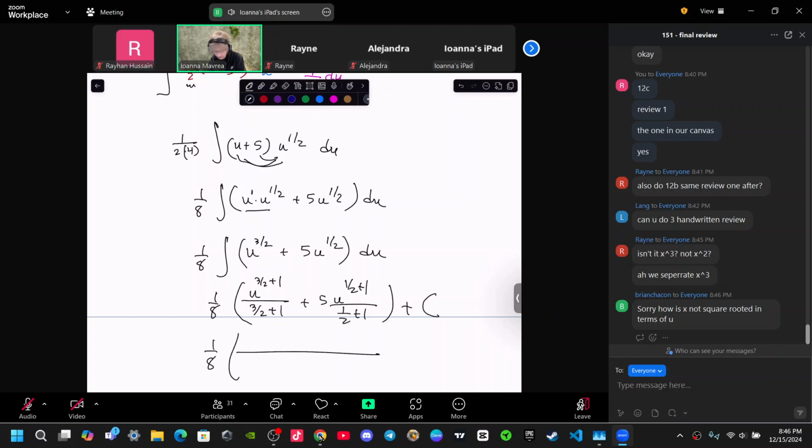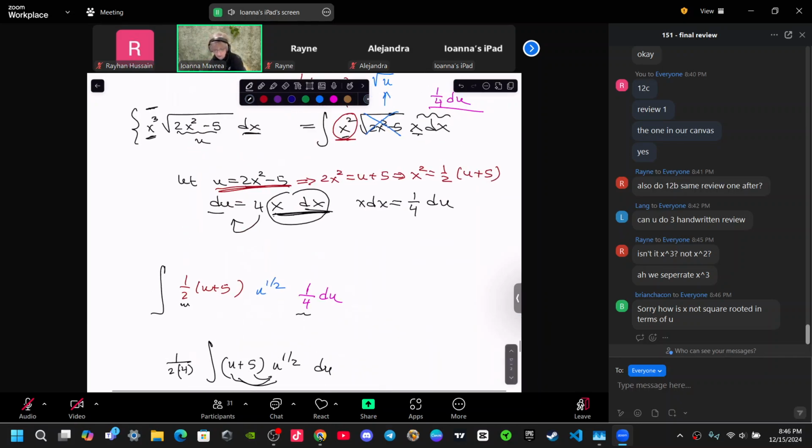So you can leave things as they are here, with a half plus 1, 3/2 plus 1. Don't simplify those. Just replace all the u's by,